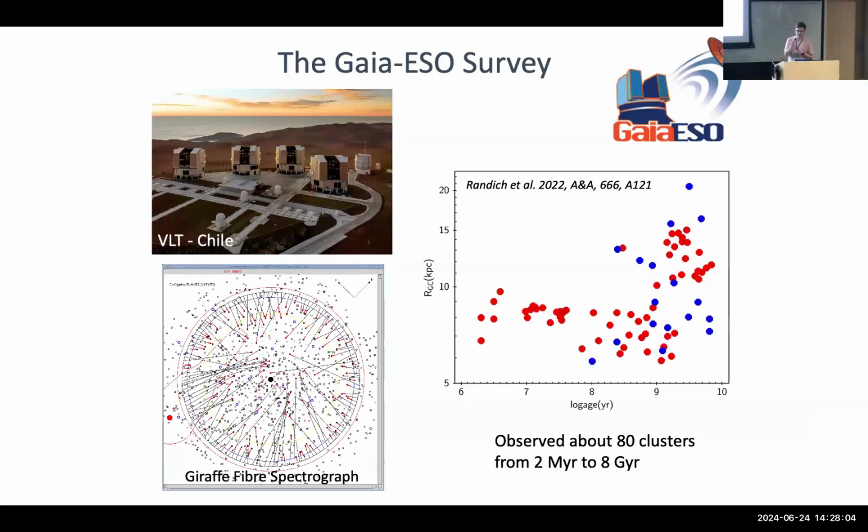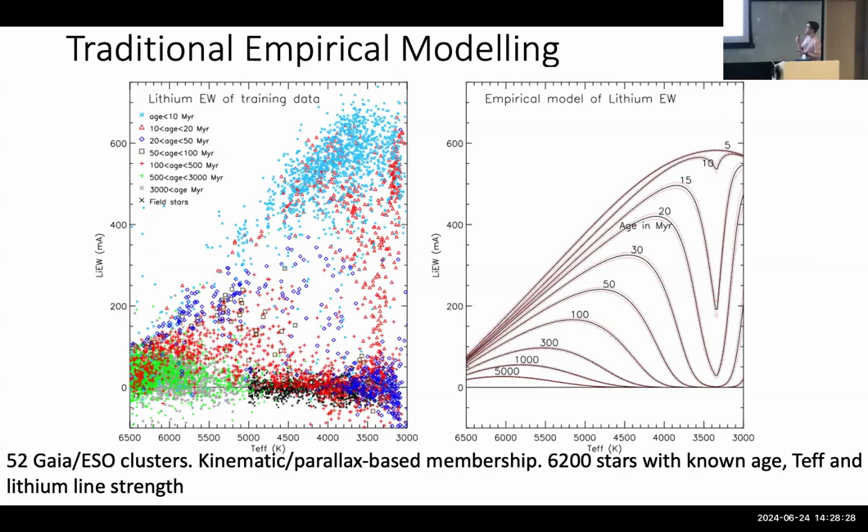Our initial Eagles model, so from Jeffries et al. 2023, made use of the Gaia ESO spectroscopic survey. We've got high resolution spectroscopy for thousands of stars, so about 6,200 stars were used in the model. Crucially, in a set of star clusters that have got ages between 2 and around 8,000 megayears from the VLT in Chile. We have our initial model here, so this was our traditional analytical model. As it says, 52 Gaia ESO clusters, around 6,200 stars, fit with the traditional mathematical fitting method, 8 parameters, and then 5 also to describe the intrinsic dispersion in those equivalent width values.